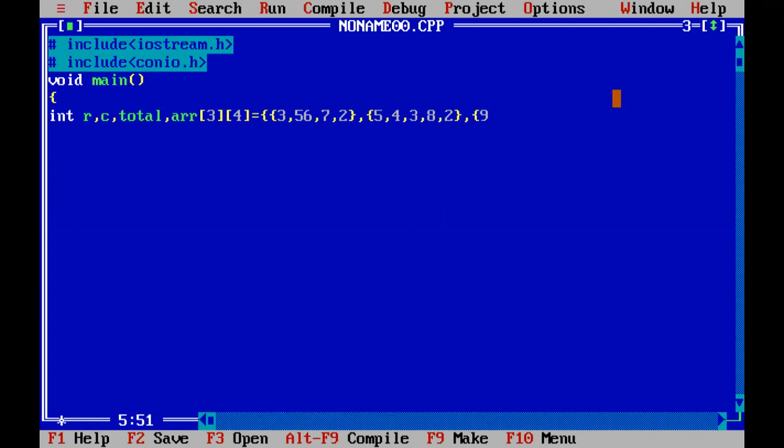Let's say 9 1 7 3. So this is the third row data. There are 3 rows and 4 columns. I will write like this, semicolon. So initially the total value is 0.